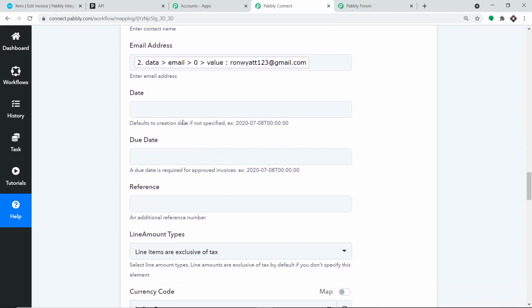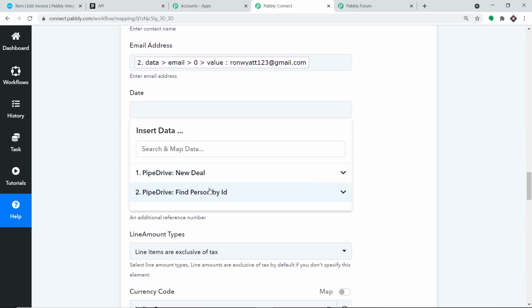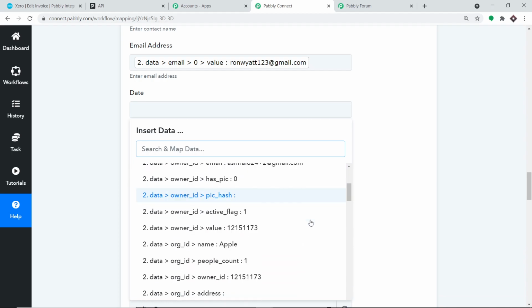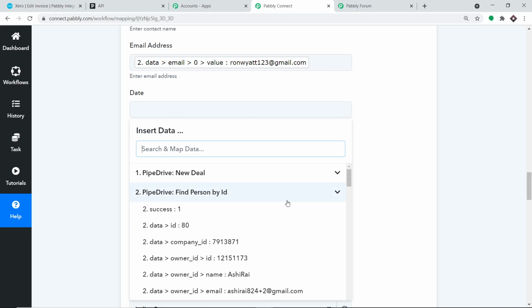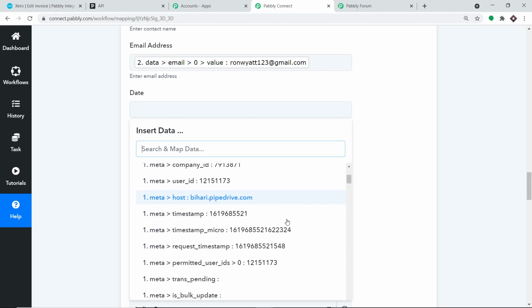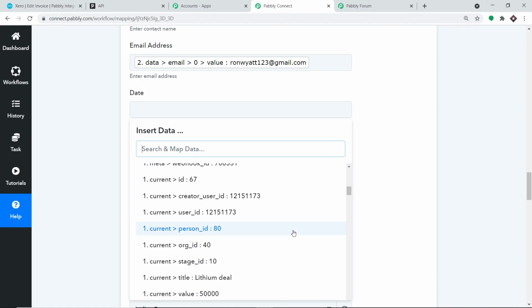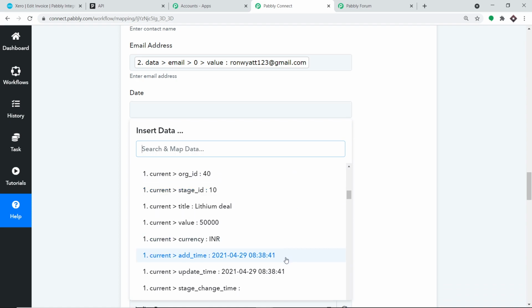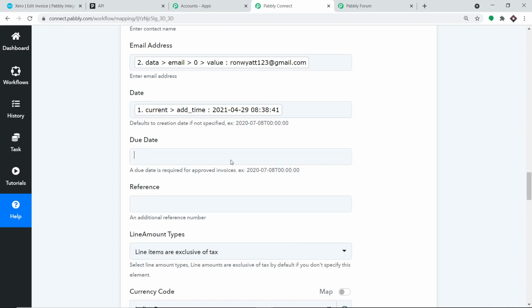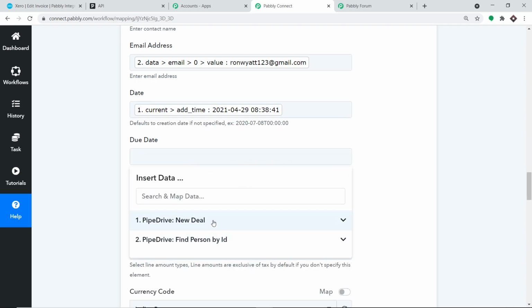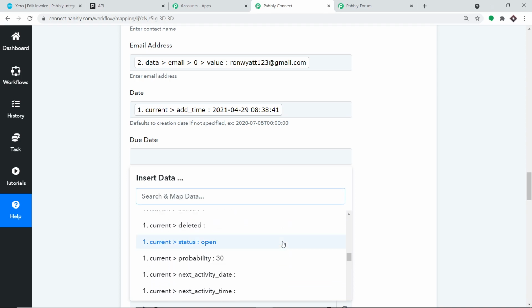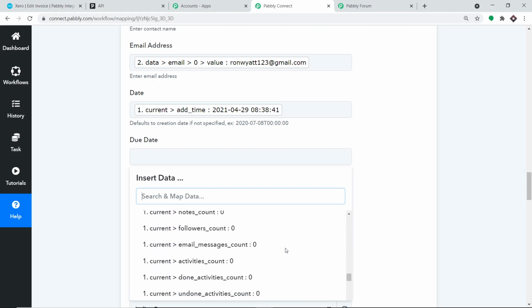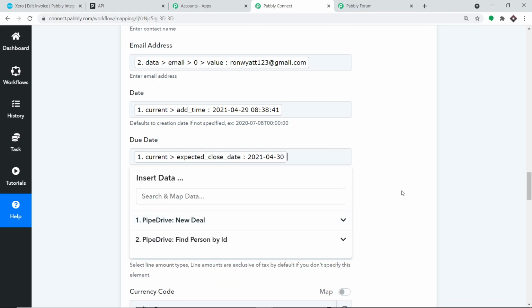Now coming to the date. So basically the date is the date at which this deal was created. So the date is of today. So let me just explore the date, or we can find it from the first accordion. So let us see, do we have the date here, or we will check in the second accordion. Okay, so yeah, this is the date. We have mapped it. Now the due date was on 30th of April. So we are going to add 30th of April. So let's explore that. Where is 30th of April? Yeah, this one, and we have mapped it.